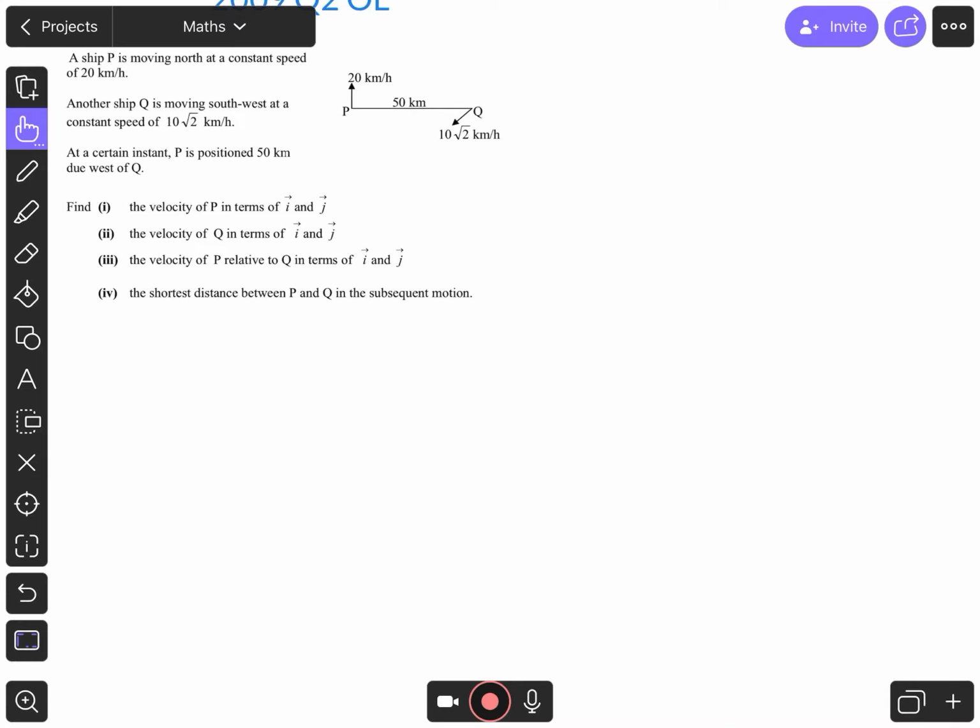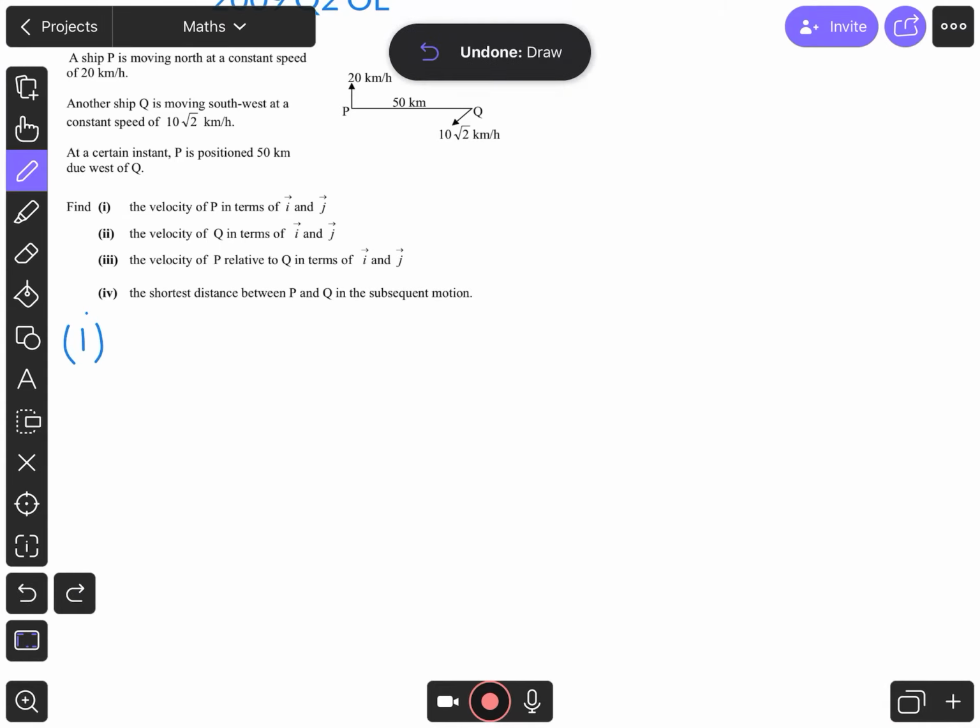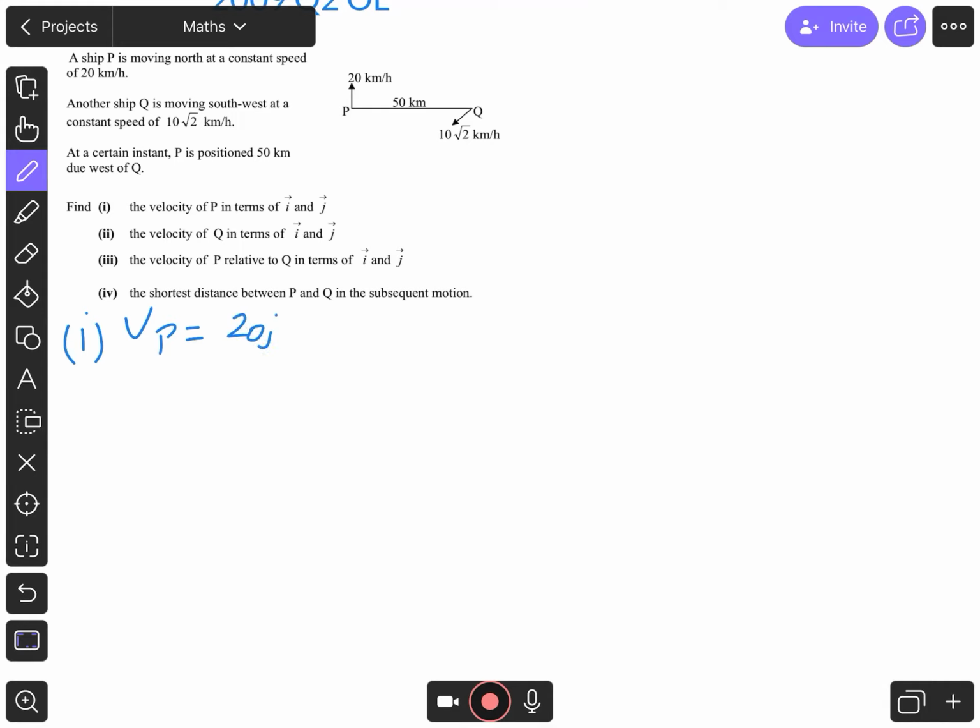So the first part is find the velocity of P in terms of I and J. That one is nice and simple for part one. All I'm doing there is, that's the velocity of P. Because it is 20 kilometers per hour and it's moving north, you're going to have just 20J. You can have plus 0I if you want, it makes no difference at all. Part two of this then,